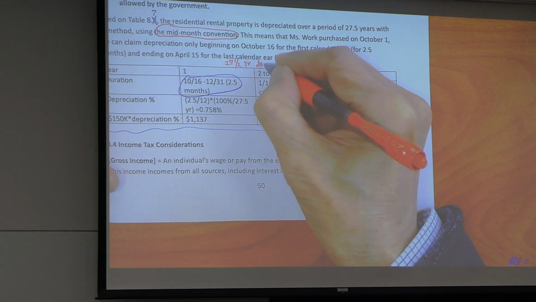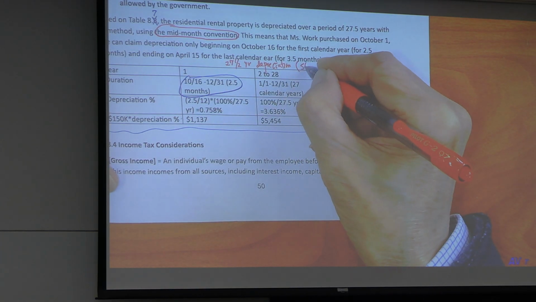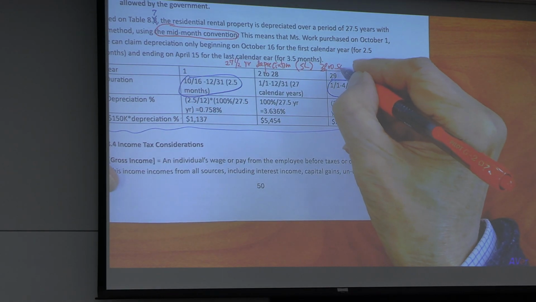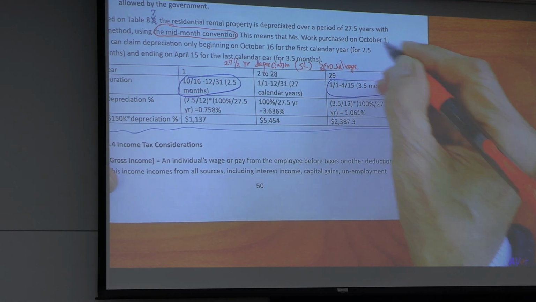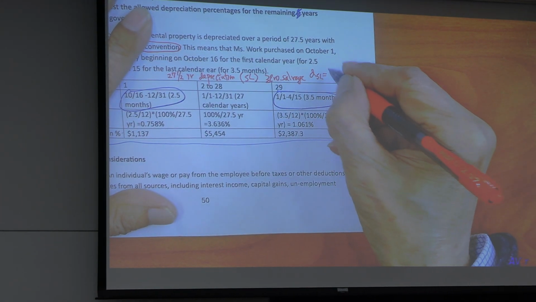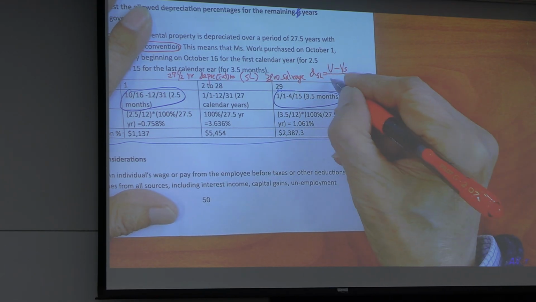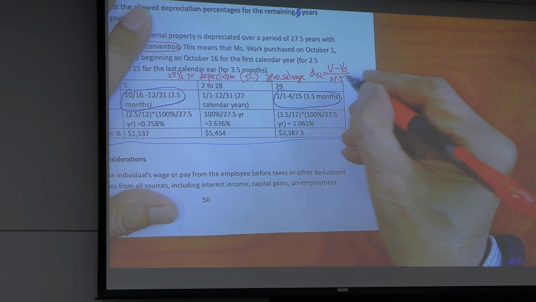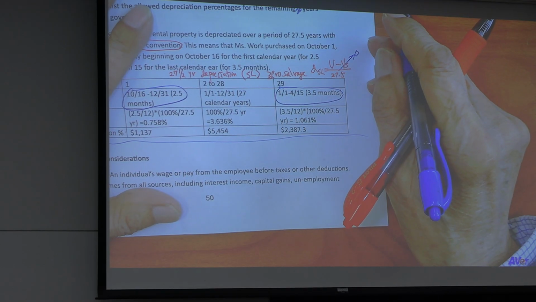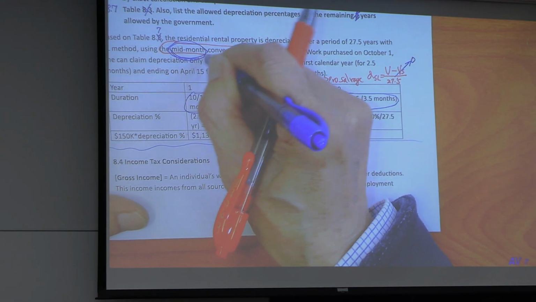$27.5 depreciation, straight line, 0 salvage. Straight line depreciation is original value minus salvage value, over 27.5 years. This is 0. Mid-month convention. That is the difference